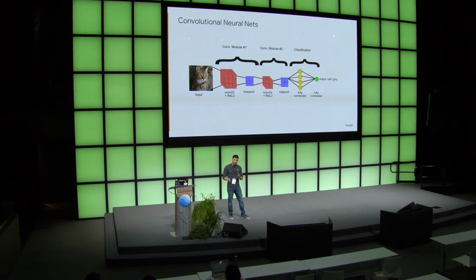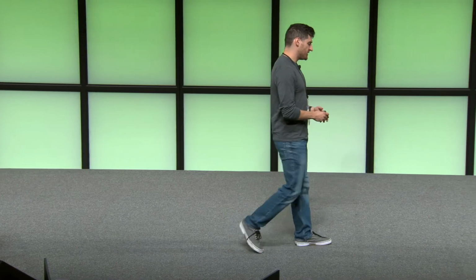Oftentimes, there are other operations that we'll come back to, and will make more sense as we go here. But we do these things called pools. So oftentimes when we build a convolutional neural net, we really want to label the whole image. We want to say something that's broadly label it. Say this has a cat in it, this doesn't have a cat in it in this example. And so we'll actually pool features together so that we'll eventually reduce our information not so much into spatial dimensions, but into a feature description, to something called a salient description of the image. What actually matters. Because we don't really care about, in these labeling cases, where something was, simply its presence is what we want to learn.